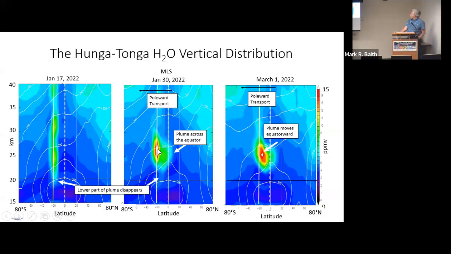Now, the reason the water vapor content gets bigger is the better sampling from MLS. Very simple. And then we get this equatorward movement of the center of the plume a little bit. Up at the top here, there's a lot of water, but then we have this poleward transport that's going on, which is a cross-equatorial circulation that occurs in the upper stratosphere. And so there's a nice paper by Wandi Yu talking about the mesospheric circulation here.